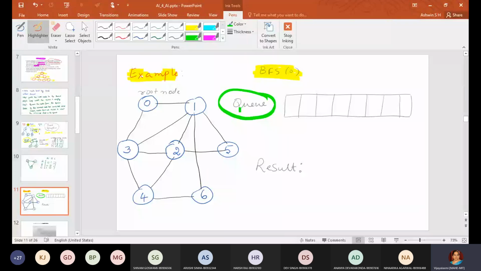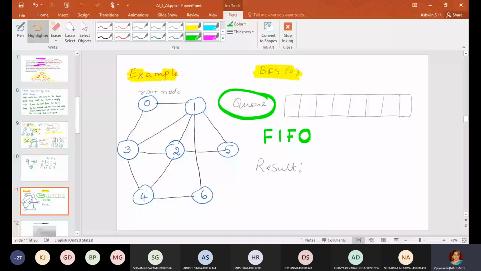So, here you must know the principle of a queue. I hope you know, what is the basic principle of a queue? Anybody? Basic principle of a queue. Any one of you? First come, first go. Yes, it is first in, first out. This is very important. Just keep in your mind, it is first in, first out.